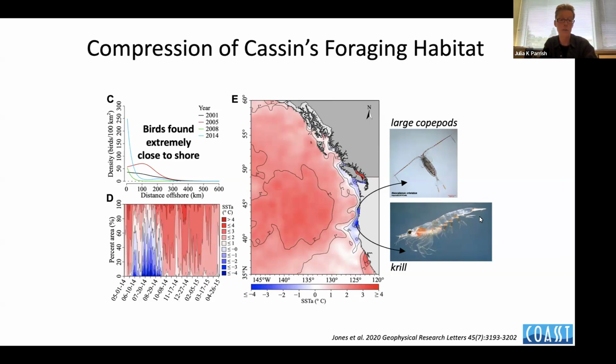So you can also see on the plot to the bottom left what happened to that cold water. So it was there in June, it was there in July, it was there in August, and then it went away. Why did it go away? Because this upwelling along the Pacific coast is seasonal. It regularly degrades by August going into September when we switch to a downwelling